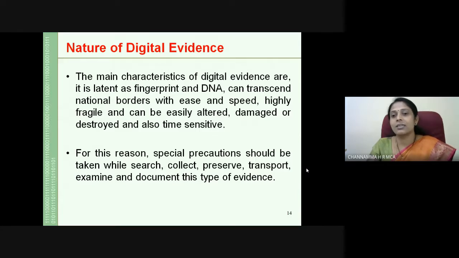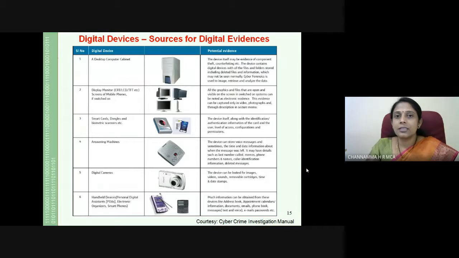Once a crime happens, if the cybercrime investigator opens the files again, the date will get modified. That should not happen. That's why they use scientific methods to preserve the digital evidence in its actual format. Some of the digital devices we get at the cyber crime scene